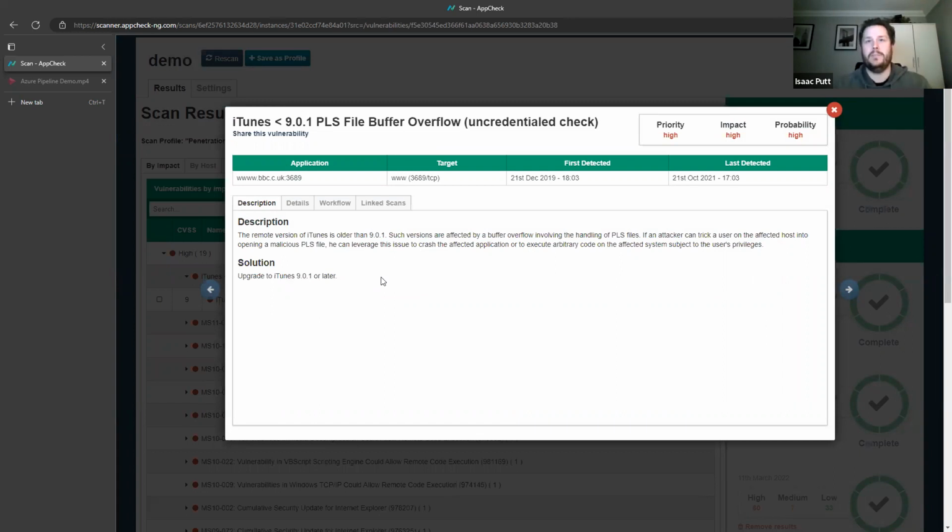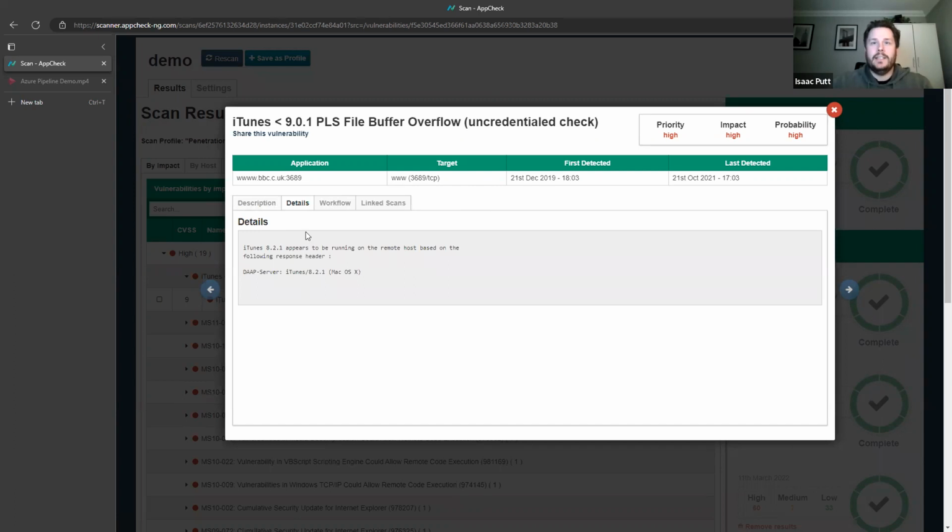When it comes to understanding these vulnerabilities, especially in infrastructure, it should be kept simple, because it's a patch that would potentially require a link to where that's held on Microsoft, or perhaps just some guidance to say this is what we recommend to do. And that's all you can expect, and that's all that's needed. So this is the actual description of the vulnerability. This is the remedial guidance. This will be the endpoint and the location as to where the vulnerability is, when it was detected, and when it was last detected.